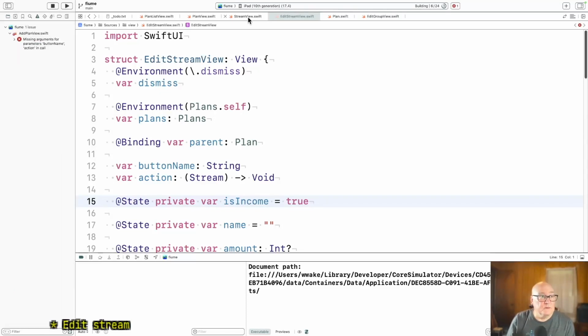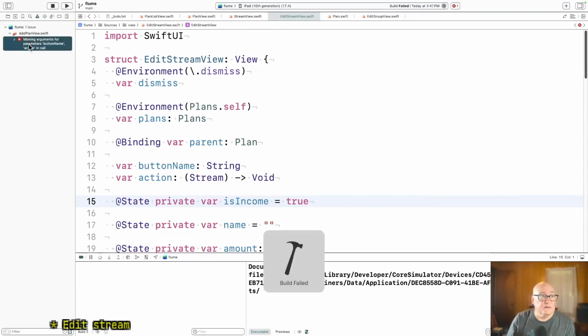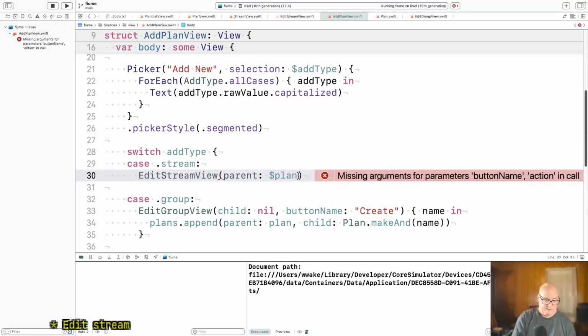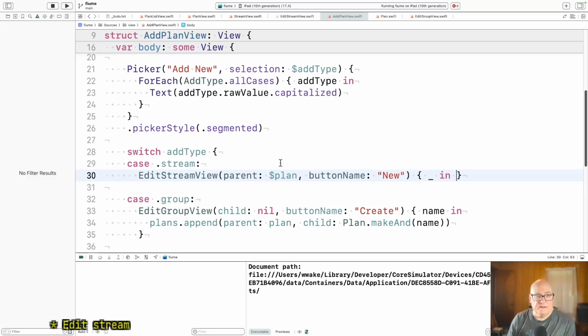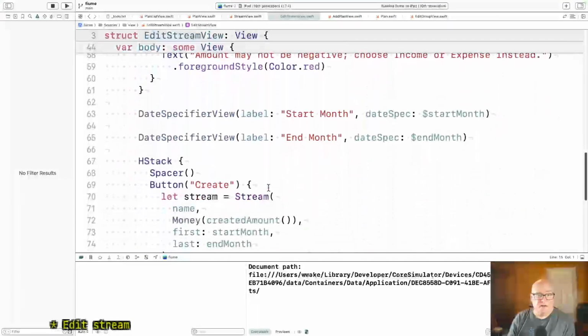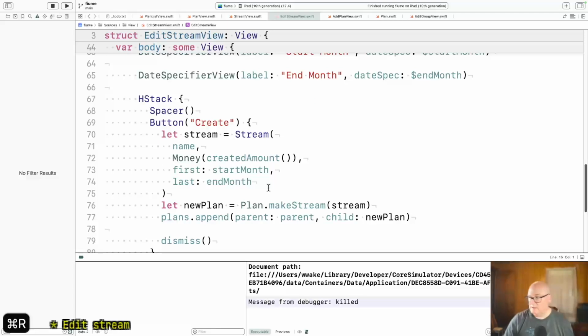Presumably stream view or add plan view. Edit stream view, parent plan, button name is new, and action is, well, the action is nothing in there and do nothing for now. Edit stream view. Okay, because we're still doing the action in the stream view. We're not using the action variable. All right, so this should,